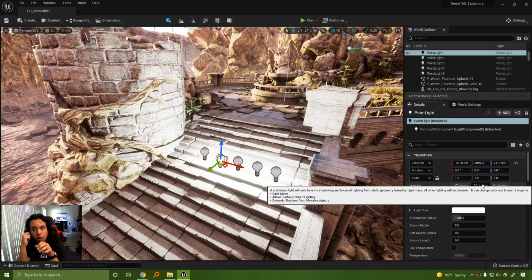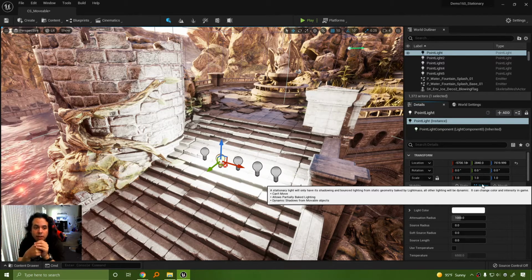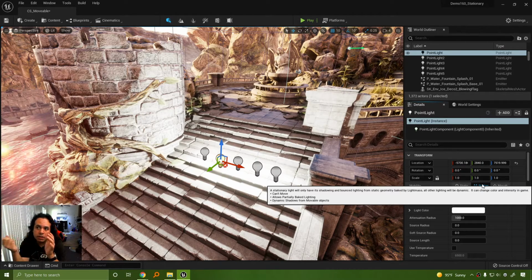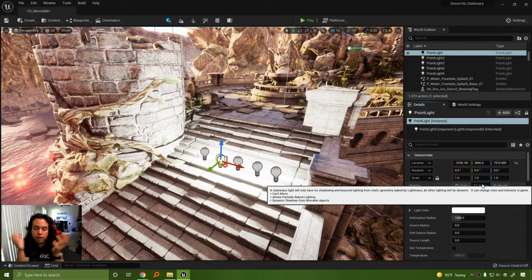I've seen a scenario where plenty of students are like, wait, why can't I add more stationary lights to this particular area? I need more light. Just make a bigger light. Increase the intensity, increase the radius, increase the attenuation radius, source radius, do something else, change the light type. But if you see a red X either on it like that,